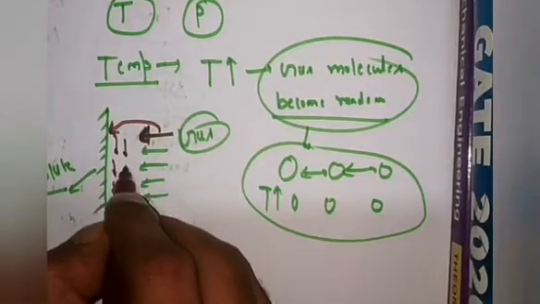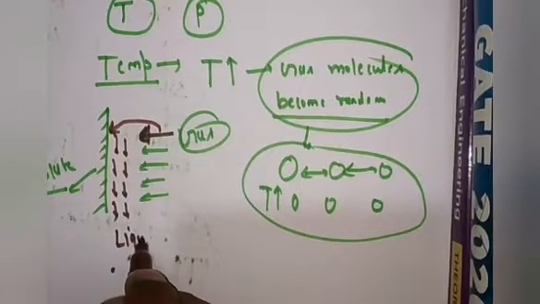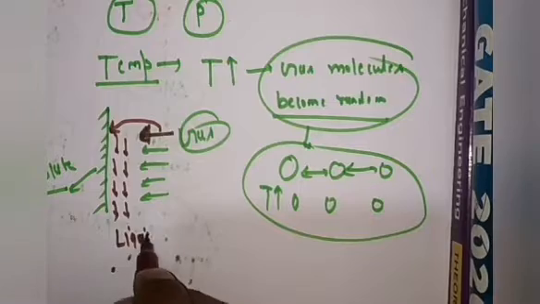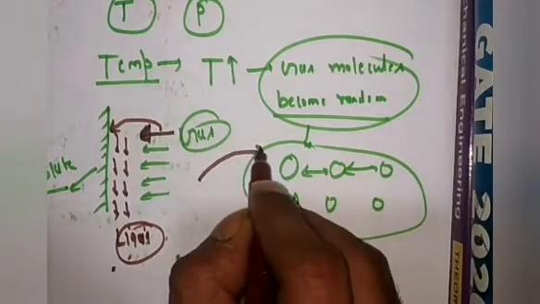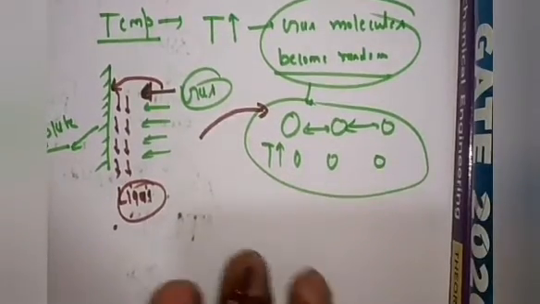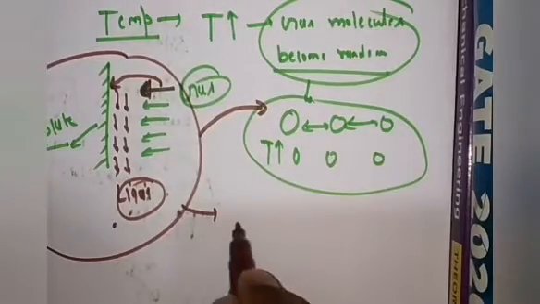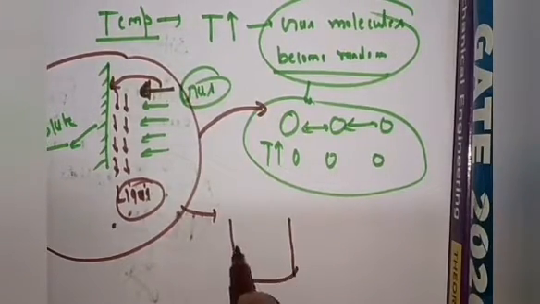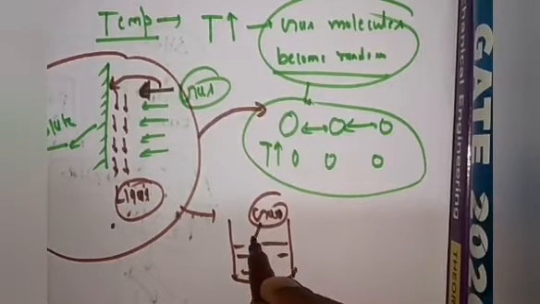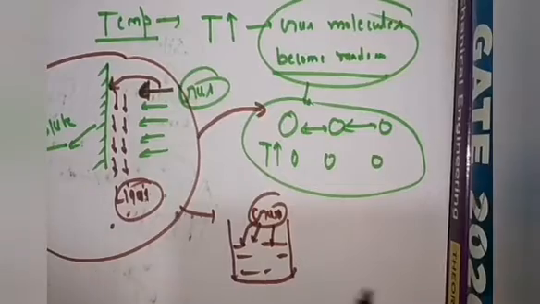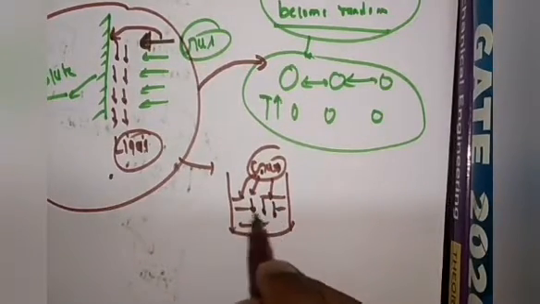And what does less random state mean? If a gas comes into a less random state, that state is called the liquid state. The same phenomenon happens with the dissolution of gas into a liquid. If you see the same phenomenon I am discussing in a solution, this is a liquid as a solvent, and here it is a gas. This gas molecule has to come and dissolve into it. Then the gas molecule should be less random, and it will come and get bonded with the liquid molecules.